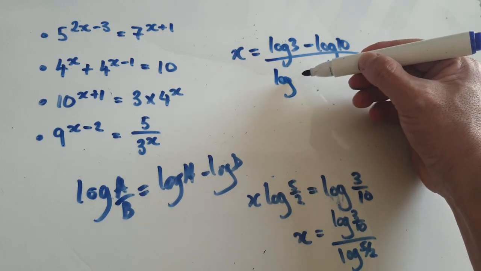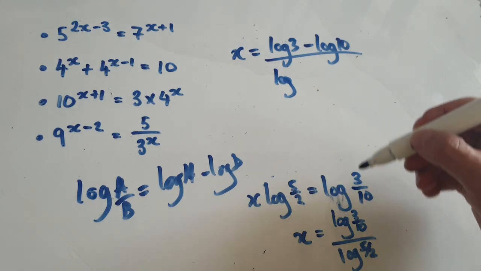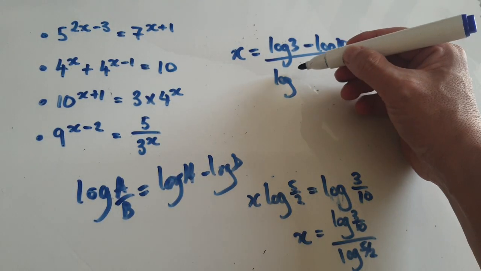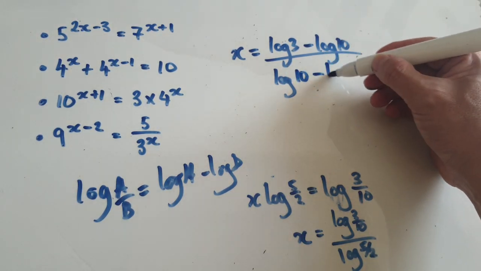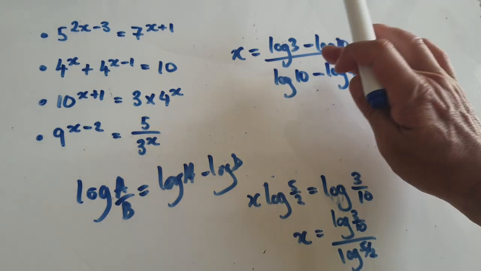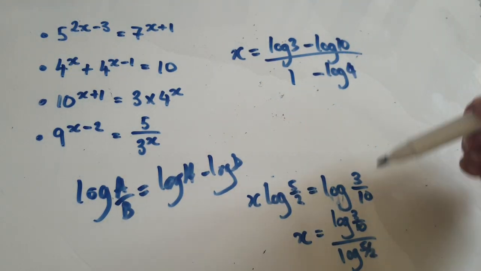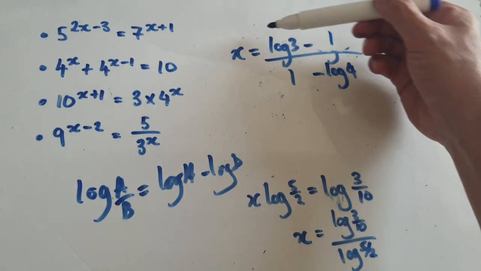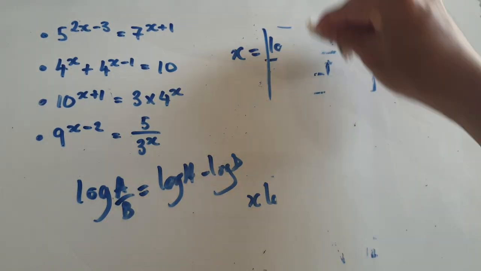log of 5 over 2. Earlier we had 10 over 4, yeah, earlier we had 10 over 4. So I'm just going to change this to a 10 over 4, log 10 and then take away log of 4. The reason for that is because log of 10 is 1. So we didn't need to simplify earlier. Leave as 10. So now this block here is the number 1. So this here is your final answer. Okay? So for the last one,